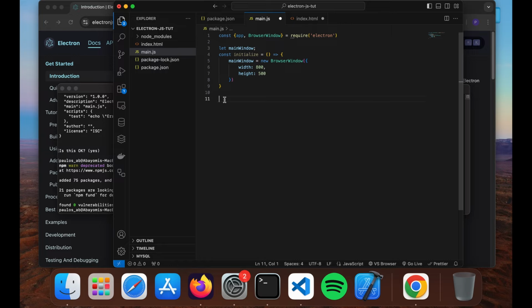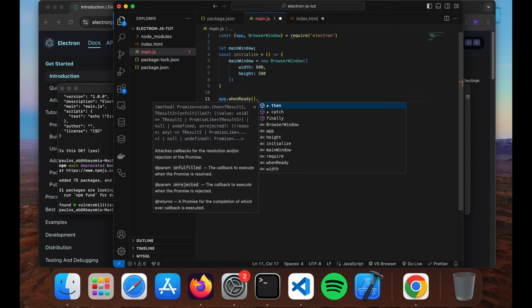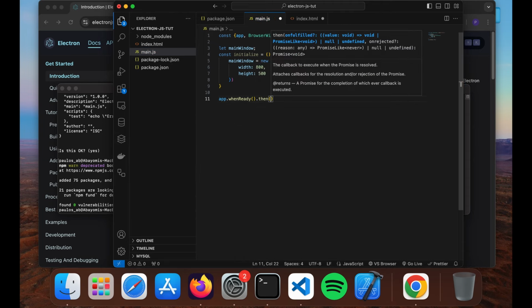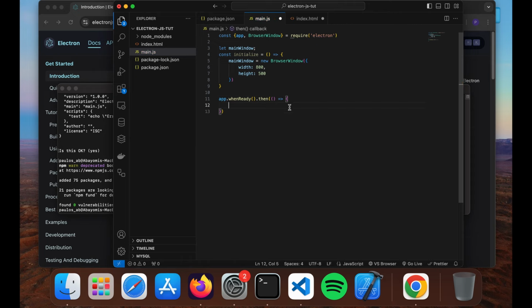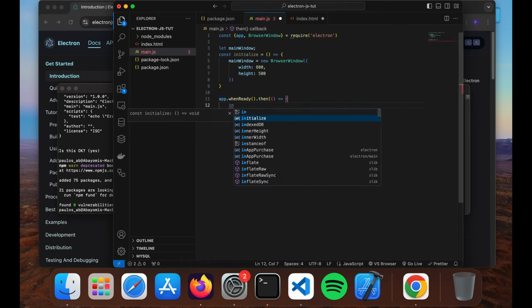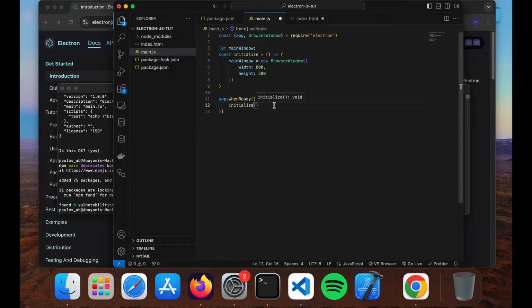Now how do we wait for when the app is ready? That is when you are going to call app.whenReady. This is a promise, so .then. Then we are now going to call the initialize. Now it is going to initialize. Now let's check out our app. If we check it out, it is not going to do anything because we still need to tell it